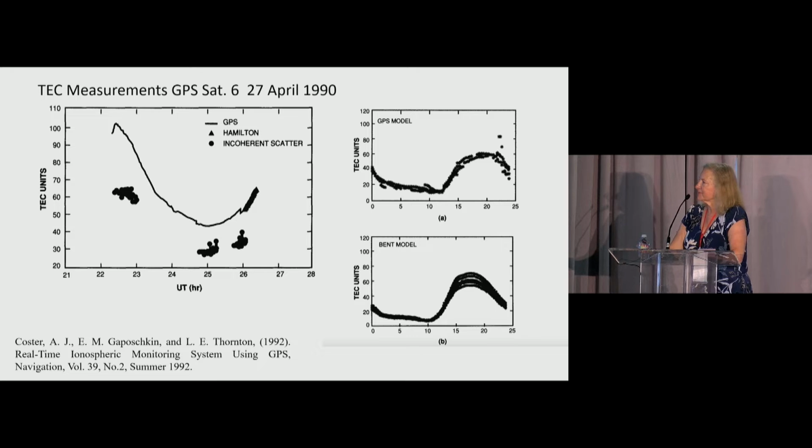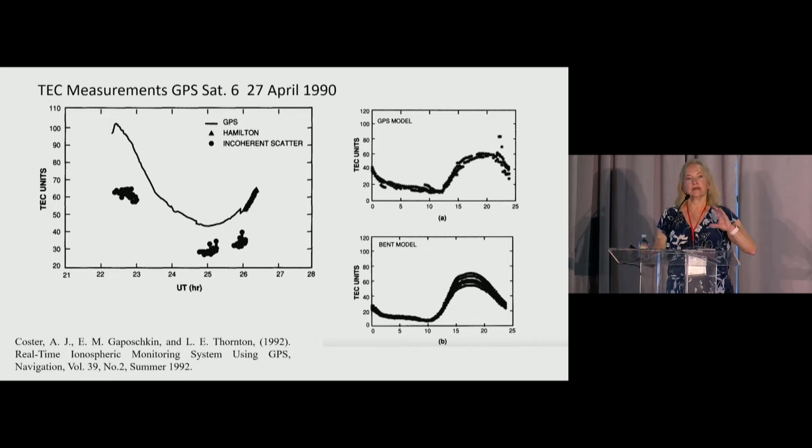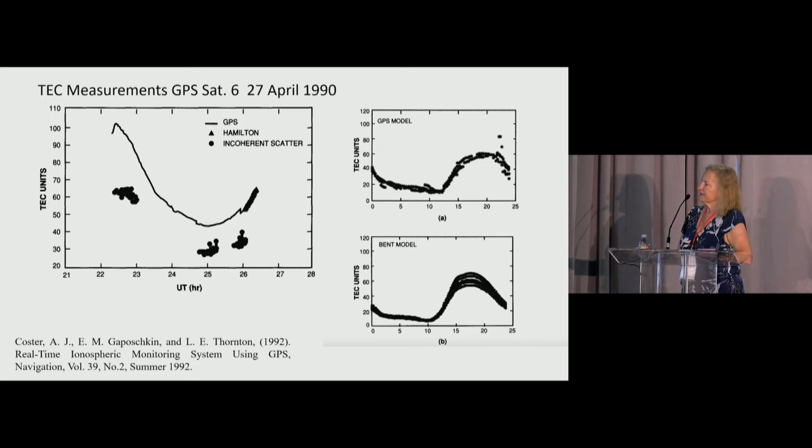We also, and I was happy to see this, I did some actually pretty good measurements. This is actually a comparison of GPS TEC with the Hamilton polarimeter, meaning we were getting the data from the Geospace satellite using Faraday rotation, and we were using the incoherent scatter. It's one satellite. You can see the incoherent scatter radar is underestimating the TEC, but remember, they're only measuring up to about 800 kilometers. We're measuring all the way out to 20,000 kilometers. So the difference was anticipated. It just says that there was that much more TEC above the height where Millstone could see.